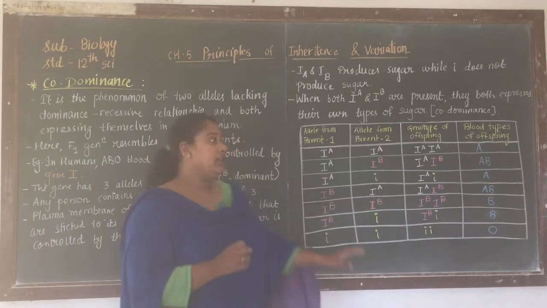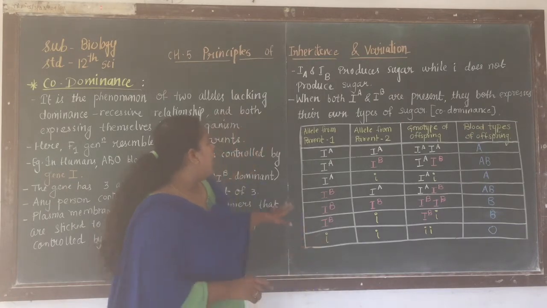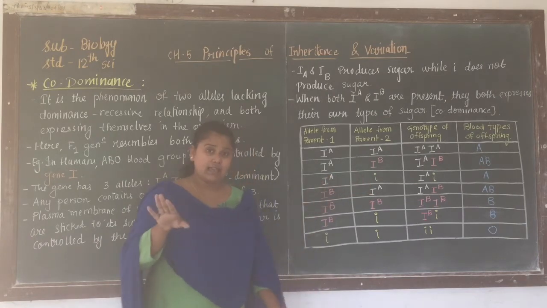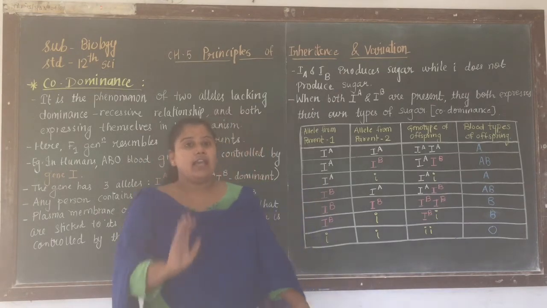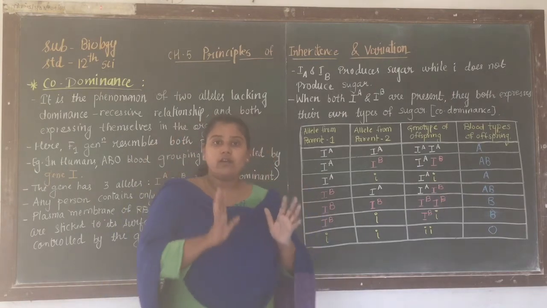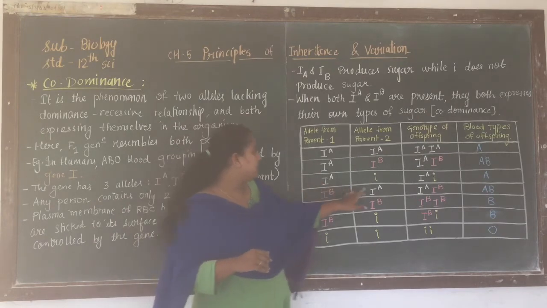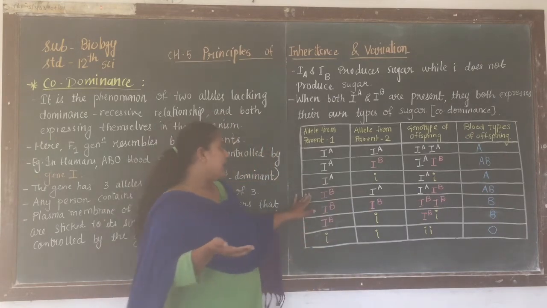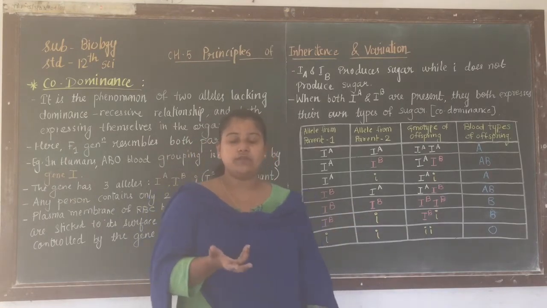Next, if the father is having IA and the mother is having small i. Here the capital IA is dominant over the small i. That means only one single type of sugar is formed, and for this reason the small i will not be expressed, but capital IA will be expressed. The genotype of the offspring will be capital IA, small i, but as the dominance of capital IA is observed, the blood group of the offspring will be A, right? Same way here, the father is having IB, the mother is having IA. Both of them are going to equally express the sugars, so the blood group will be AB. Here IB, that means only one type of sugar is formed, so the blood group will be B.